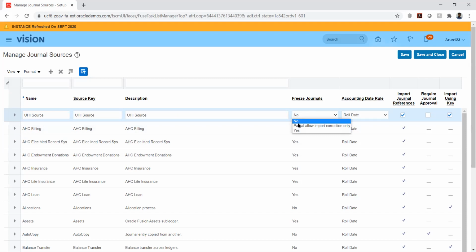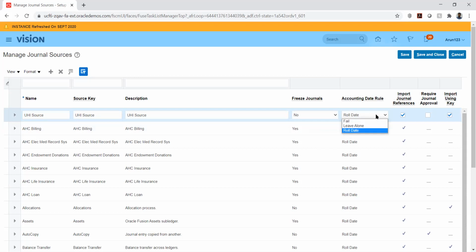The other option is partial, allow import correction only, which means I can do the correction. Yes freezes the journal, and no will not. So that is about freeze journal.